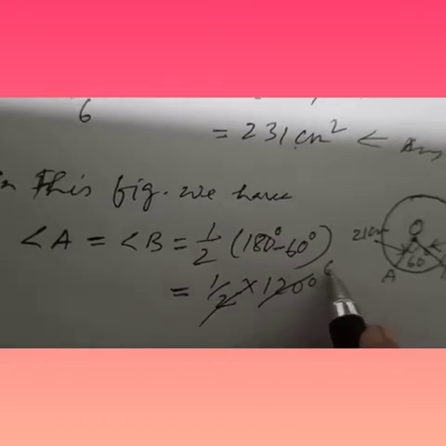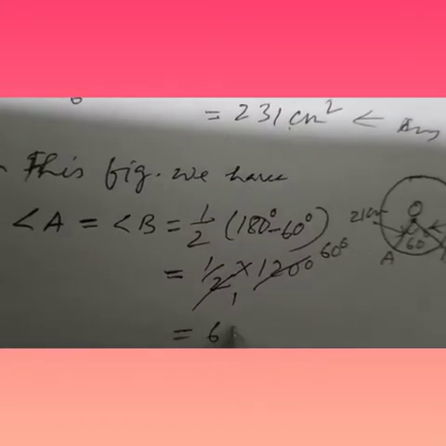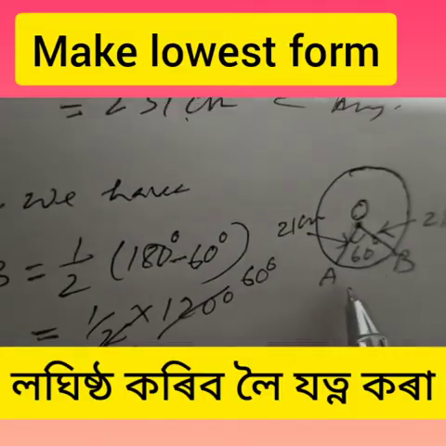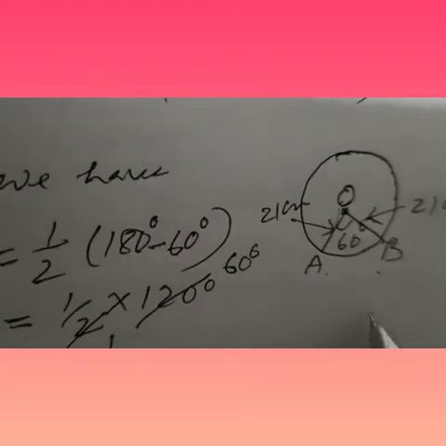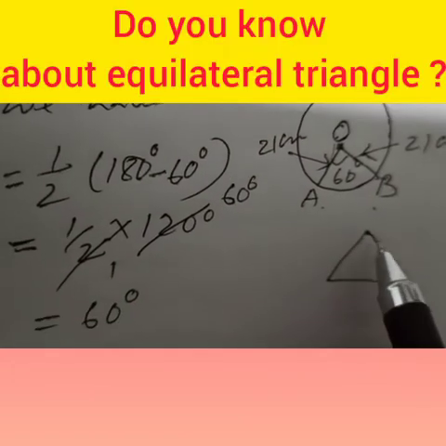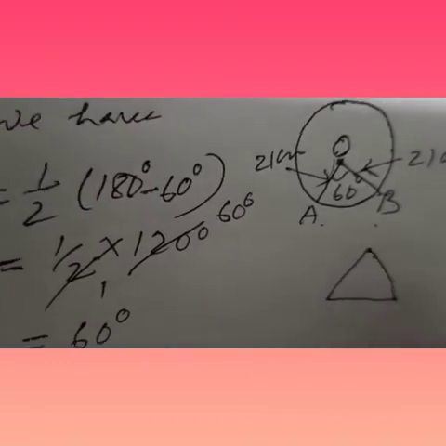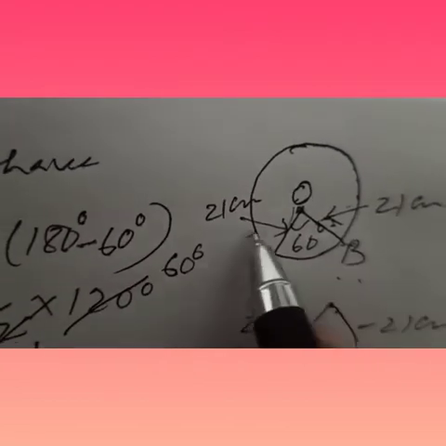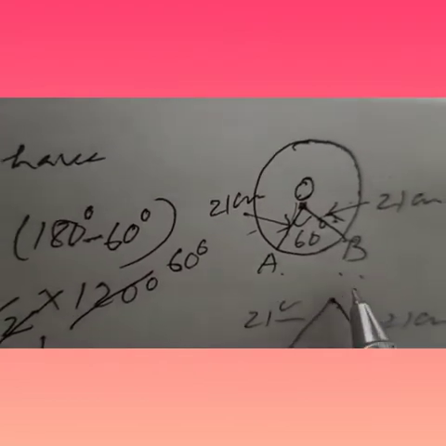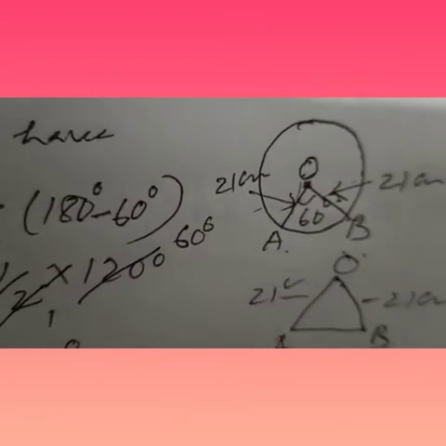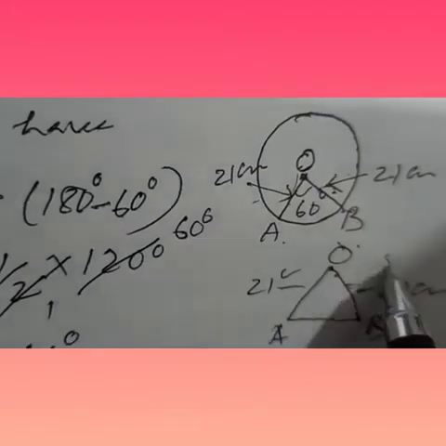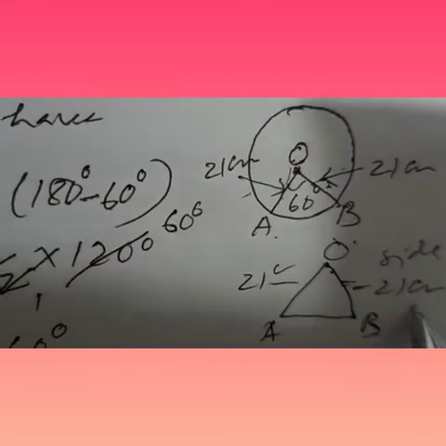Yes, 60 degree. So this part you have got this one. So therefore you can write that OAB is an equilateral triangle. This is equilateral triangle, mind it. So in this case, length of each side is what? 21 centimeter, 21 centimeter, 21 centimeter. From this equilateral triangle OAB, we have got the length of the sides. These are sides, 21 centimeter. So you can write there.